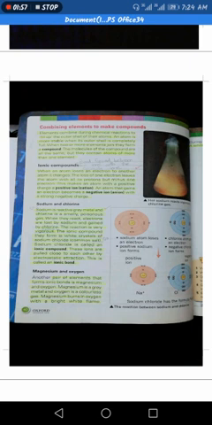Sodium is a reactive gray metal and chlorine is a smelly poisonous gas. When they react, electrons are lost by the sodium and gained by the chlorine, as you can see in this diagram also. The outermost shell of the sodium has one electron, so it loses its electron, and it will have a positive charge. In the chlorine atom, the outermost shell has 7 electrons, so it has the capacity to accept that electron, and it will become a negative ion.